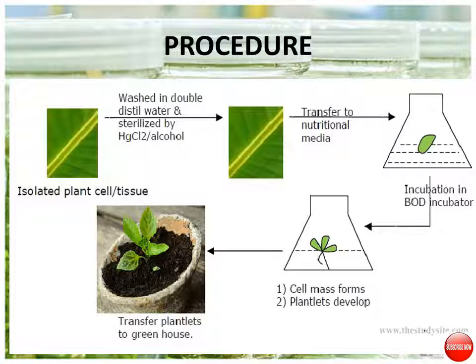Basically it may be any type of medium, that is a liquid medium or semi-solid medium, and then it is incubated. Now this results in the establishment of culture, and the mother cultures can be subdivided as frequently as needed to give the daughter cells. After incubation, the cell mass is formed, the plantlets are developed, and then these plantlets are transferred to the greenhouse so that it develops into a whole plant.